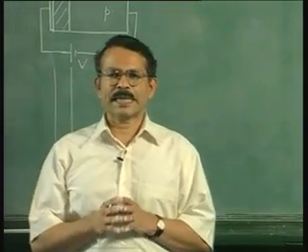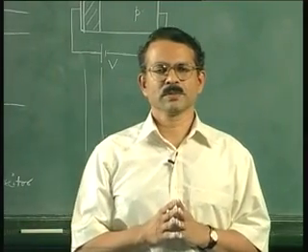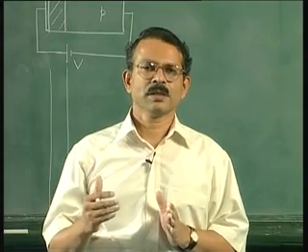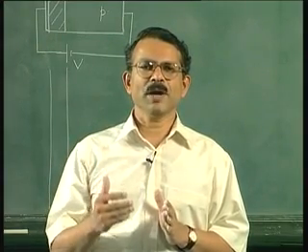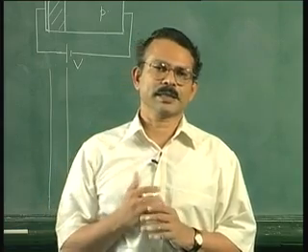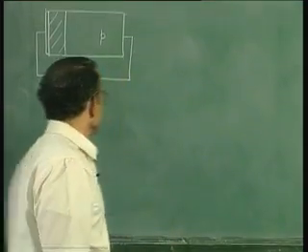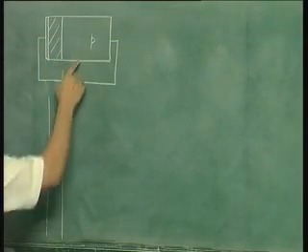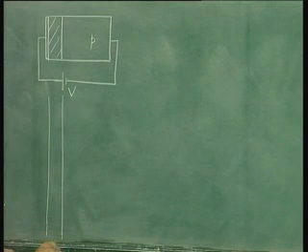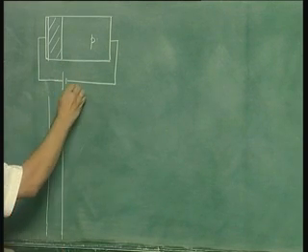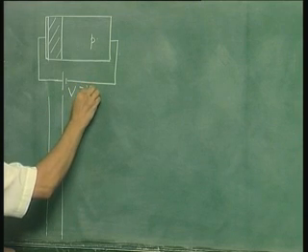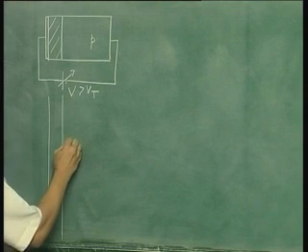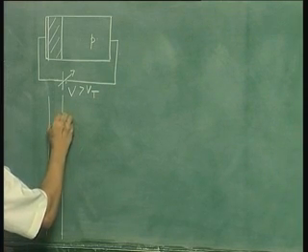Now let us proceed further and see what happens beyond threshold, because in fact from the point of view of operation of a MOSFET, we will find that it is the regime beyond threshold that is of significant interest. So let us plot the concentrations in the p-type region, the p-type substrate, for voltages beyond threshold, so V greater than Vt. Supposing you vary this voltage, what is going to happen? So first start from the threshold voltage point.